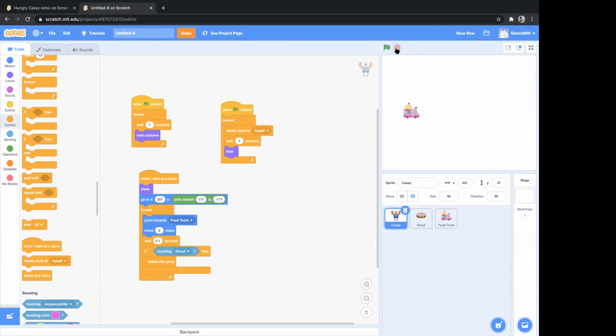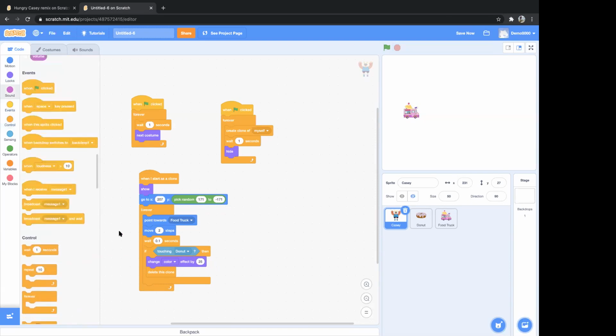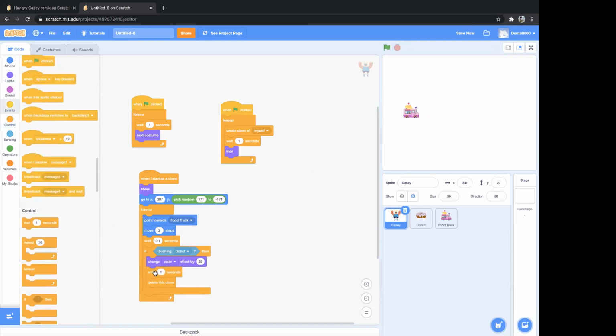Now to make it look better, what we could do is go to looks and use this change color effect by block and place it here. And we could also use a wait block here. Go to control, use a wait block, place it here, and let's make it wait 0.1 seconds. So this time, it should change color.